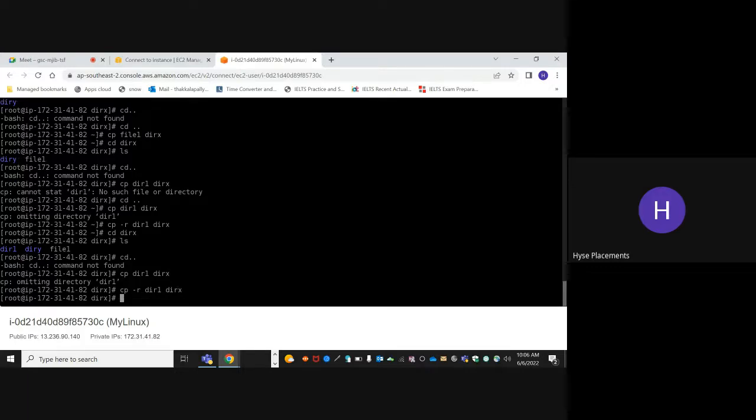If you want to copy a directory, you have to give the option called -r. If you want to copy a file, you don't need to give any option. Is this clear? Yes, sir. Okay, so next,